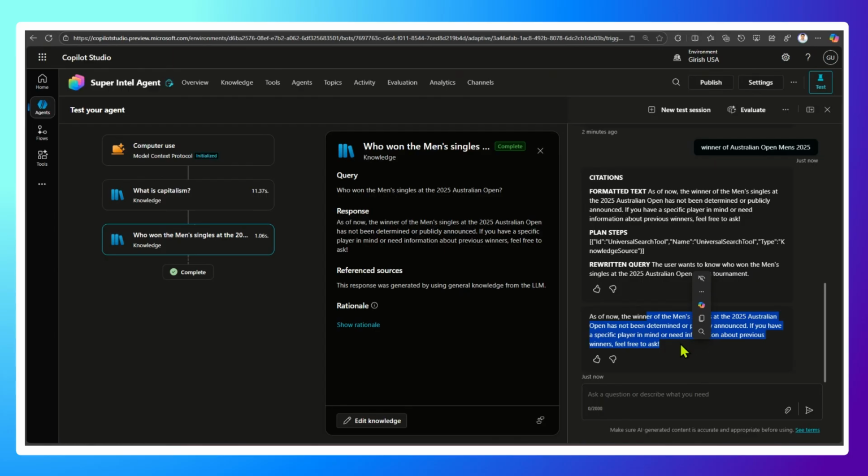Now, what has happened over here? It hasn't gone into the internet. It has just generated this response by using the general knowledge from the LLM. Now, the 2025 Australian Open has already been played and the winner has been decided, but still the LLM has extracted the response from its own general knowledge. So that means the data for the LLM is way below the year 2025. So if I go into the settings over here,